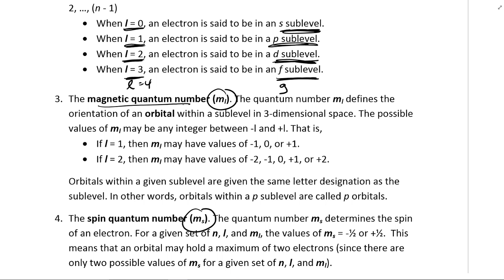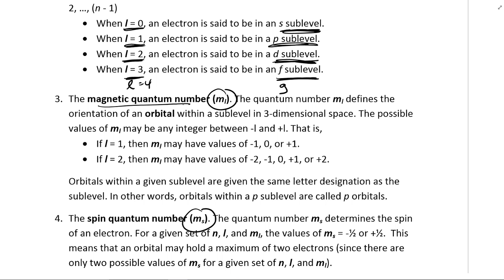If we go to a P sublevel, in a P sublevel, L is equal to 1. When L is equal to 1, that means that m sub L could be negative 1, 0, or positive 1. In other words, how many different values could we have? There's 3. And because we could have 3 different values, that means we can have 3 different orientations in three-dimensional